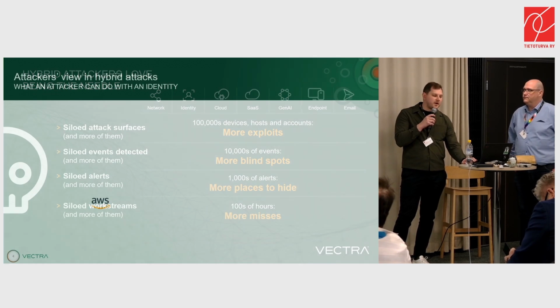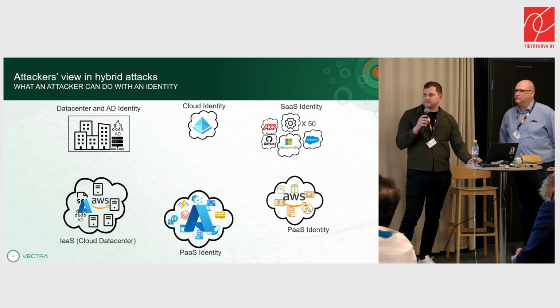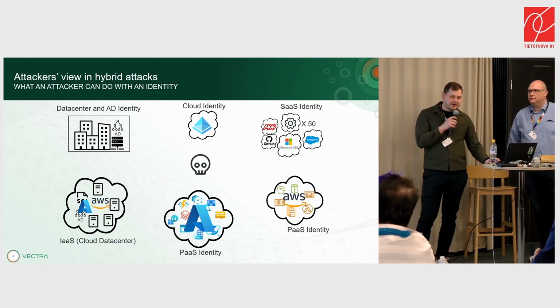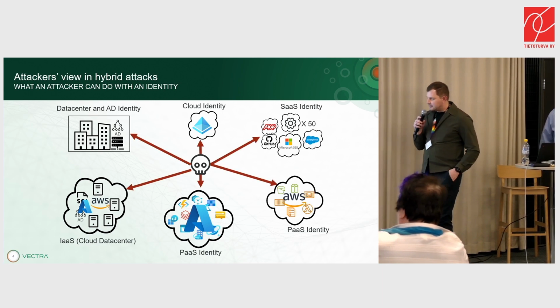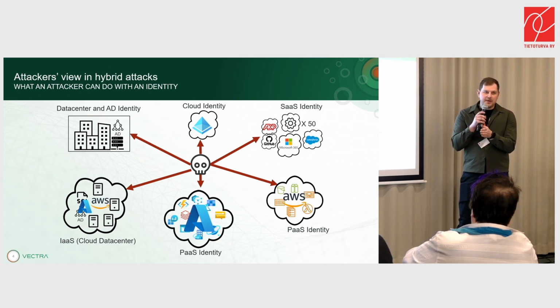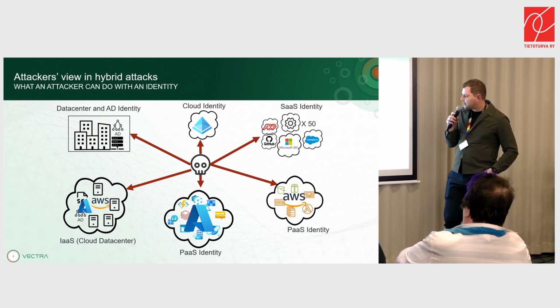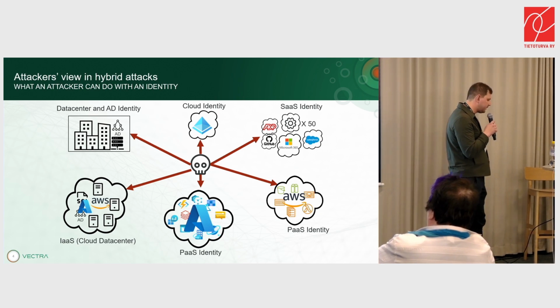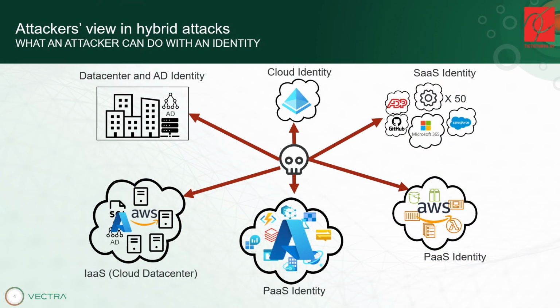And identity is one of those key parts from an attacker's point of view. Because if I'm thinking, as an attacker, I can go into each of these different environments directly. If I want to attack a data center, then I can go directly through maybe a vulnerability in an application. Or if I want to attack perhaps someone's end device, I might go directly through an email. However, if I am targeting one of these identity providers, whether it's Entra ID in the cloud, an identity provider in AWS, or even an on-premise Active Directory,